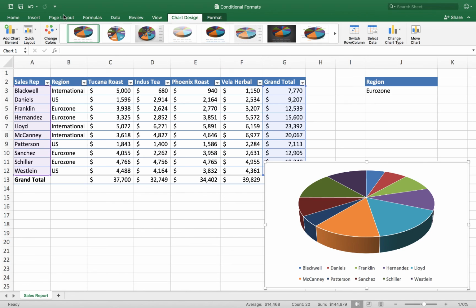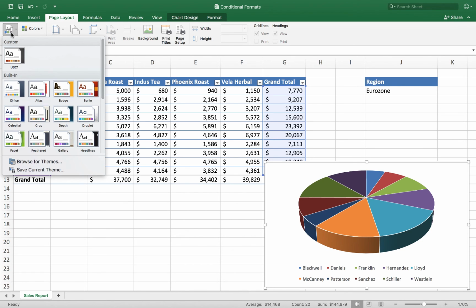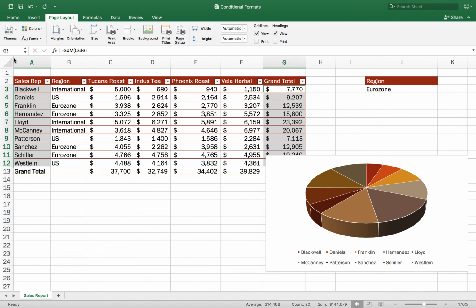Page layout. So I'm going to go to the page layout tab, and I'm going to change the theme here. I was using themes in the other document; I haven't really played with the themes in this conditional formats document. I'm going to go to custom themes. Oh, look, there's that USC 1 theme that I created in another document. I want to use that for this project, so I'll click on that, and there you go. We got our SC colors back. See how I was able to take that theme that I used in a previous spreadsheet and reuse it here? That changed the list I have up here, and it also changed my chart.